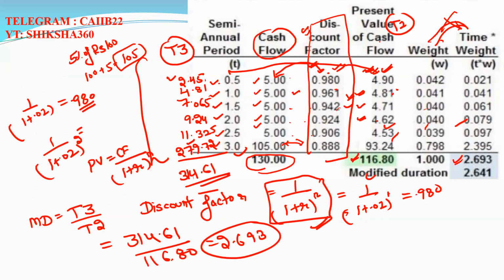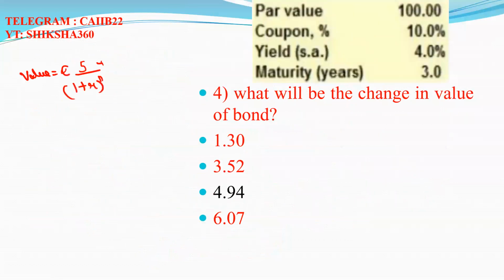That is the value of the bond. Here we have not done the calculation, so we will have to calculate it here. We have already discussed the value of the bond in the previous case study, basically how we can calculate it. We have to add all these values one by one till the last one: 1 plus r power 1, 1 plus r power 2, 1 plus r power 3, 1 plus r power 4. In this way we calculate the bond value.